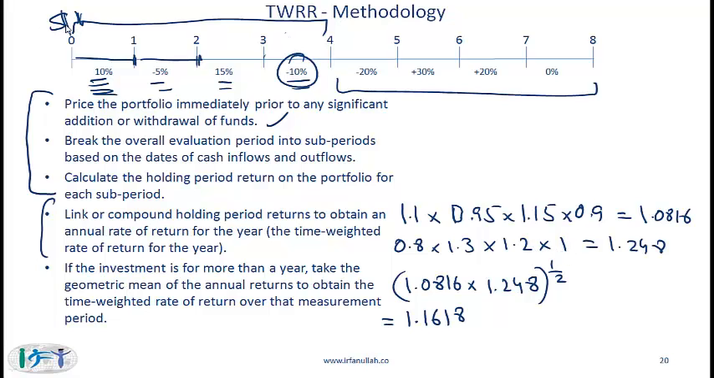So $1 invested at the start will become 1.0816 times 1.248 at the end of year 2. To figure out the average per year, we have to take the geometric mean of the numbers for the 2 years. So you multiply them and then raise to the power of 1 over 2, because we have 2 years, and we get 1.1618, and the rate then is 16.18. So the time weighted rate of return in this example is